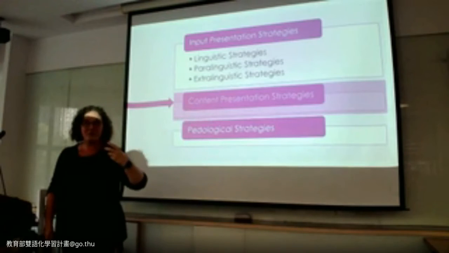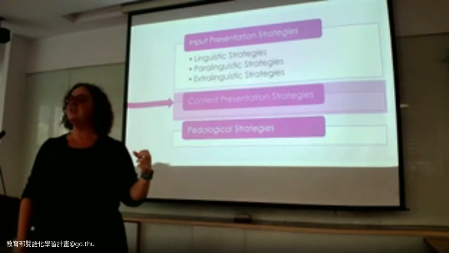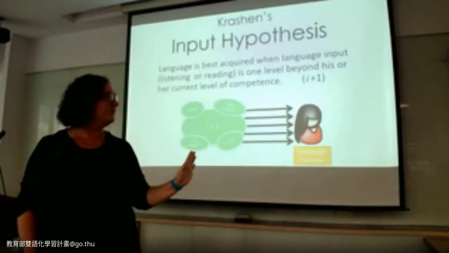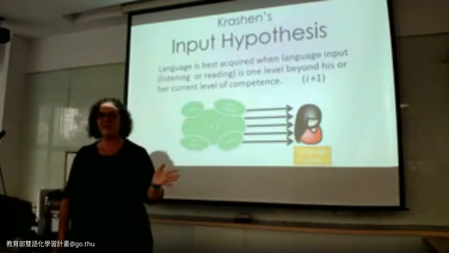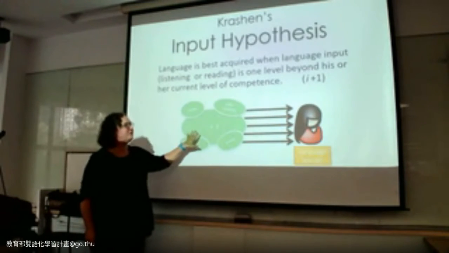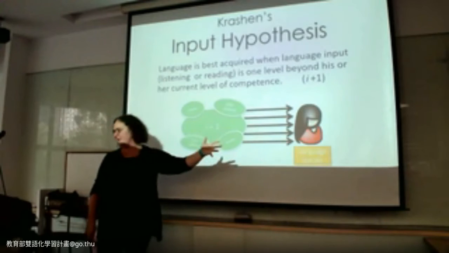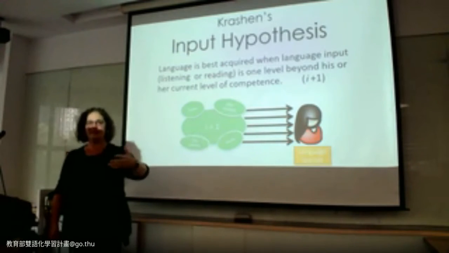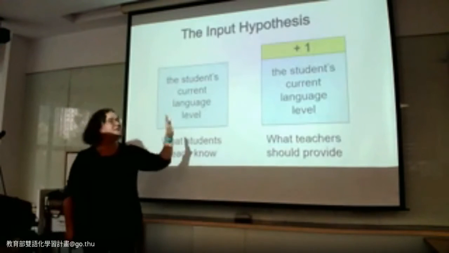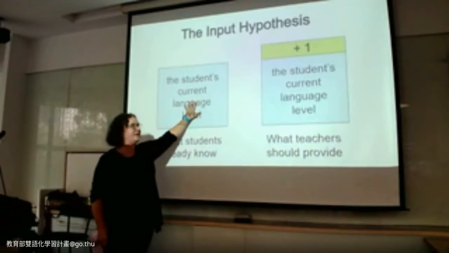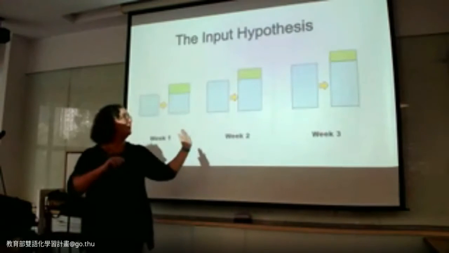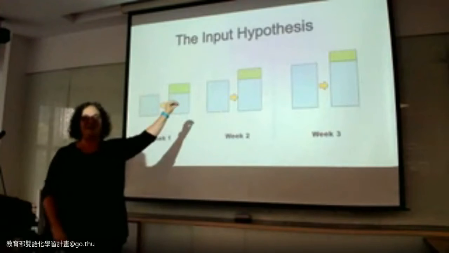I'm going to pull from the field of language education, foreign language education, and one of the most famous ones, Krashen's idea of bringing in input plus one. If we overwhelm students with too much, they're not going to have anything come in. So it's called the input hypothesis. We have to be careful how much we put in. So the idea is that students' current language level is here. We can add a little bit more each time. And over time, we're going to see growth as we keep adding a little bit, a little bit, a little bit.